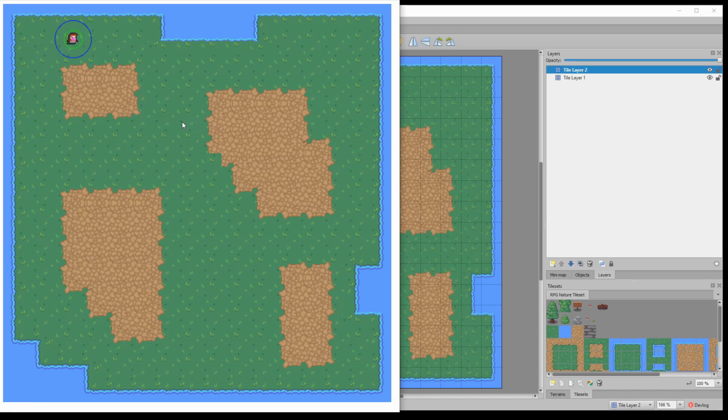Okay, so we have our map that we can walk around on, but there is one glaring problem in that our character can actually walk on water. So let's do our quick fix now. So if we go back to Tiled,